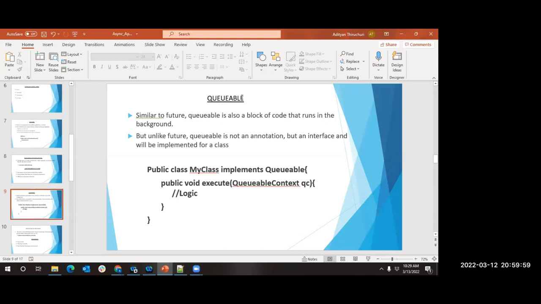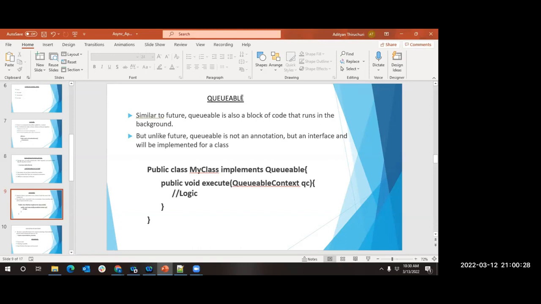Okay, what is this interface? If you go to the OOPS concept, there is something called inheritance. As part of inheritance, you are trying to extend the properties of one base class into another class, which we call the derived class. But multiple inheritance is not supported. Why is multiple inheritance not supported? I don't want to really go too deep into the inheritance concept, but multiple inheritance is not supported.